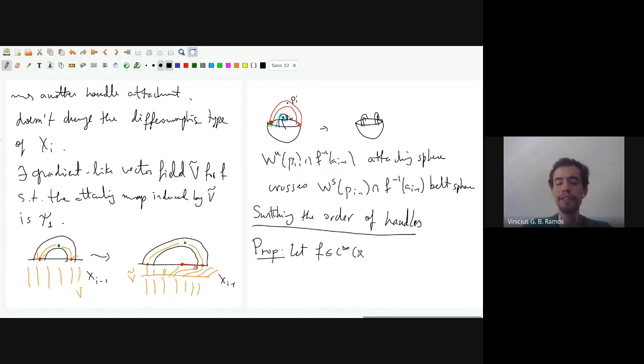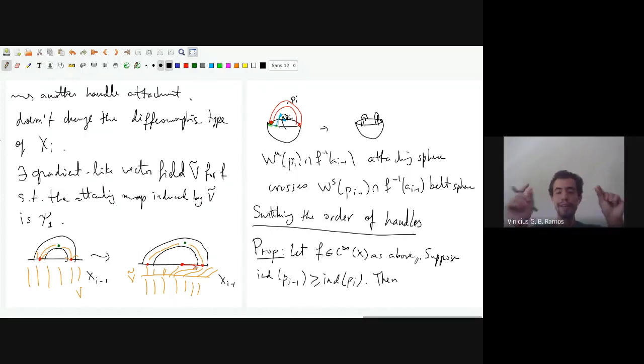Suppose you fix the Morse function on a closed manifold as above. As above just means where each critical value corresponds to a unique critical point. Now suppose that the index of p_{i-1} is bigger than or equal to the index of p_i. Then what I'm going to claim is that I can switch the order of p_i and p_{i-1}. So then there exists a Morse function,